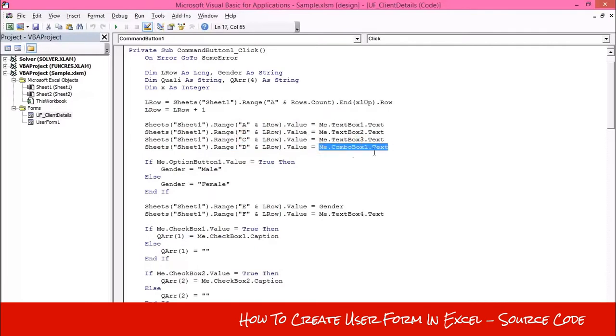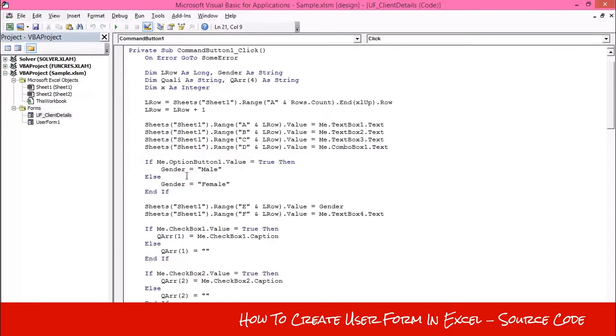And this is ComboBox1, and it is assigned to column D. It is the designation of the employee. This is first name, last name, address, and this is designation.